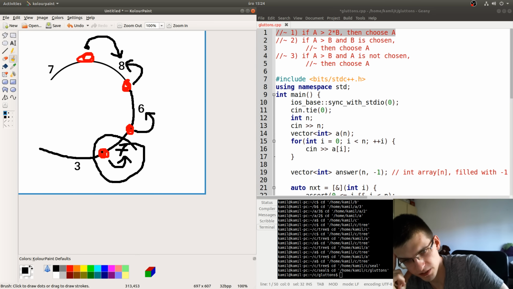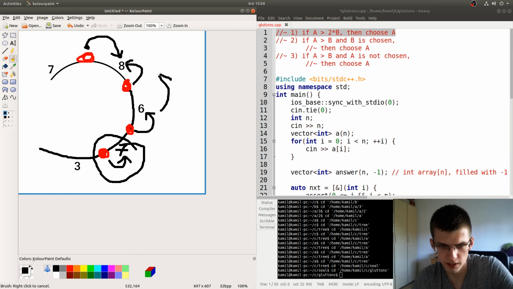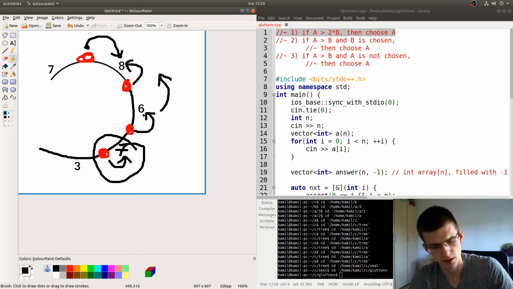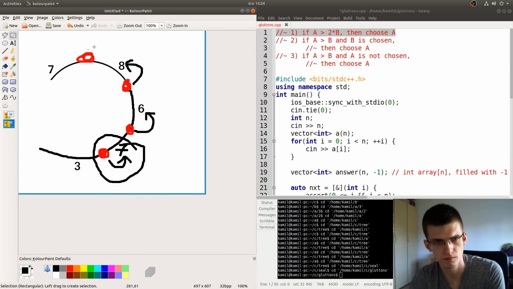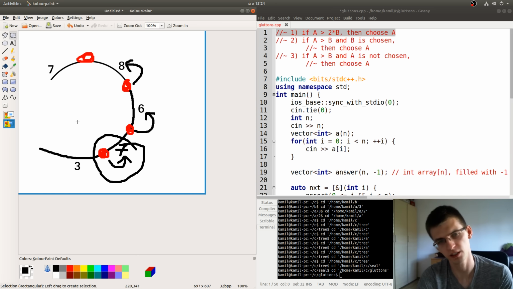Now the next person chooses 6 and so on. So maybe here every person will take a cake in this direction. The issue will be if eventually we also encounter a decided situation. So it would have to be, I think, symmetrical to that.